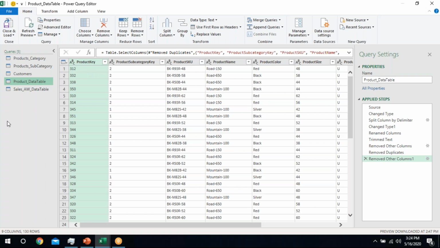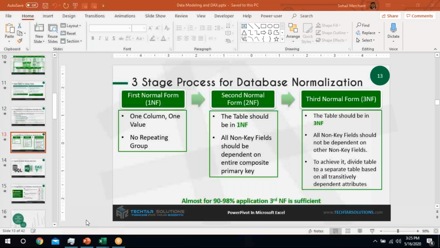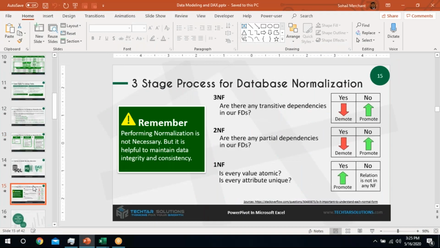Okay, so with these steps, with this Power Query platform, we can transform a flat table into a data model. We can normalize the denormalized data sets. Okay, so here is a summary of these steps. If 1NF is satisfied, we can promote to 2NF. Else the relation is not in any NF, we have to create it.